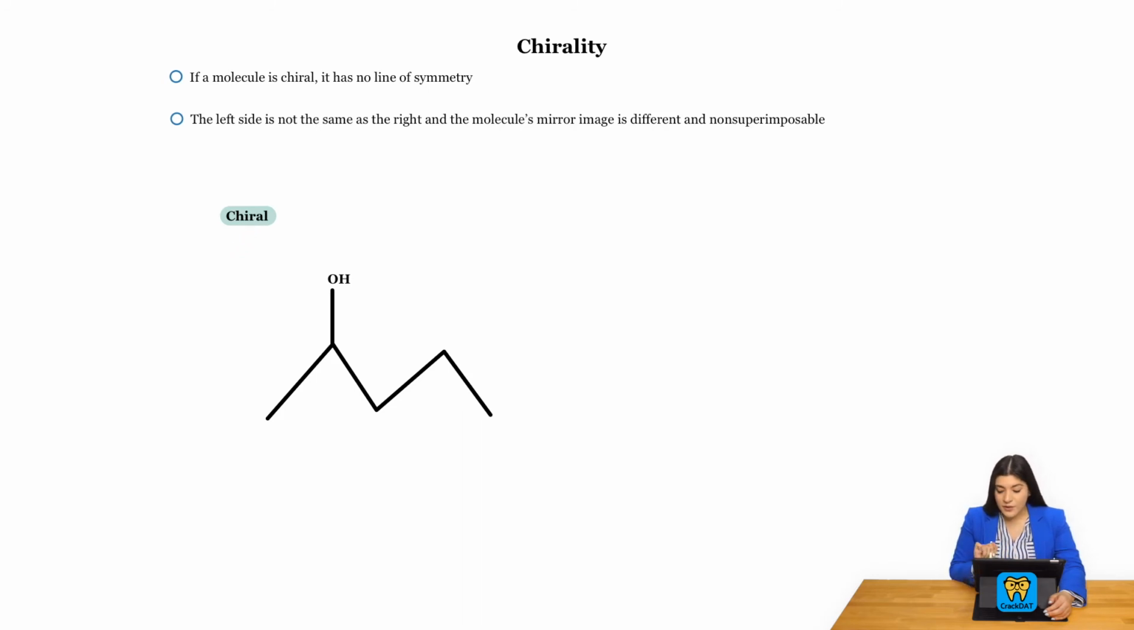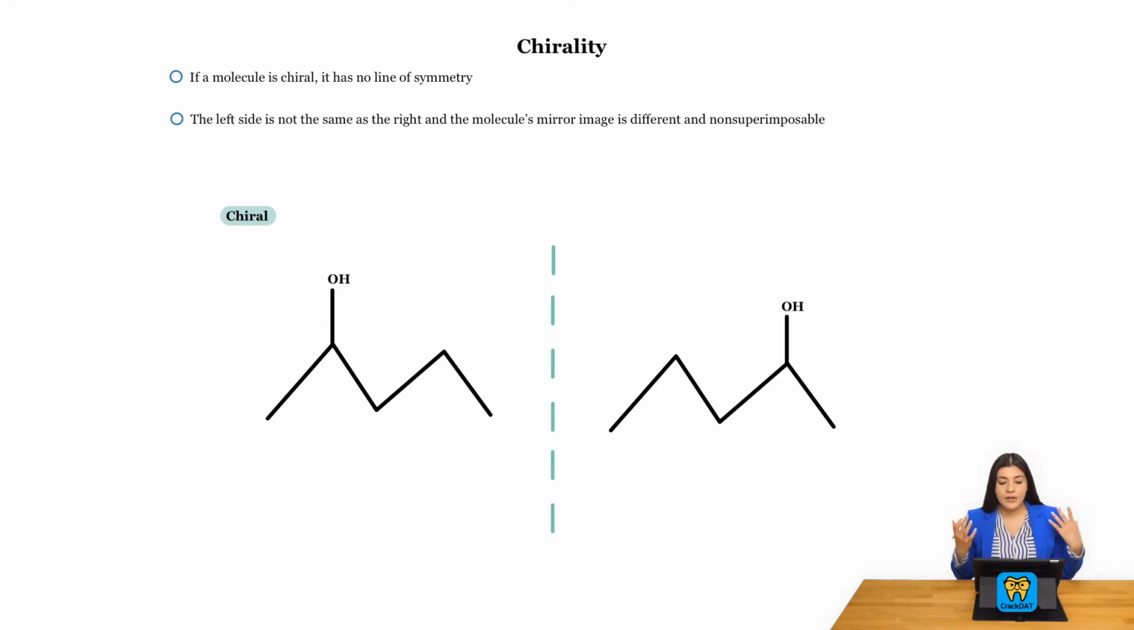Another thing to look at is just the simple fact of the molecule's mirror image. If it's different and non-superimposable, so the molecule's mirror image is going to be different. That's why there is no line of symmetry. However, if there was a line of symmetry, then its mirror image would be the exact